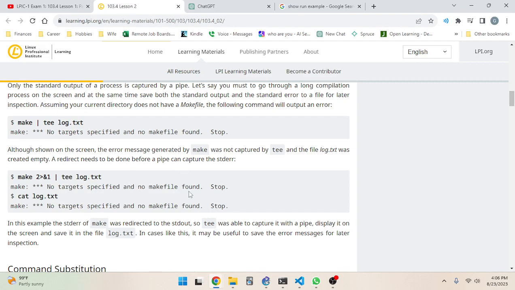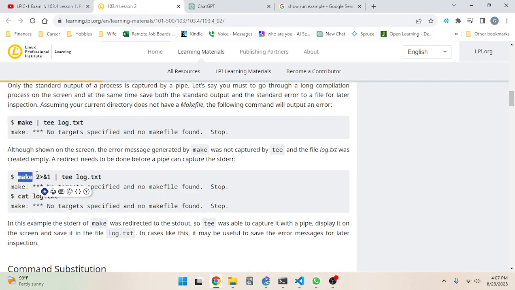So redirect standard error. Remember, standard error is 2, 1 is standard out, 0 is standard in. And then these are file names. So 3 through infinity are like names of other files and custom files. So what you do is you can do